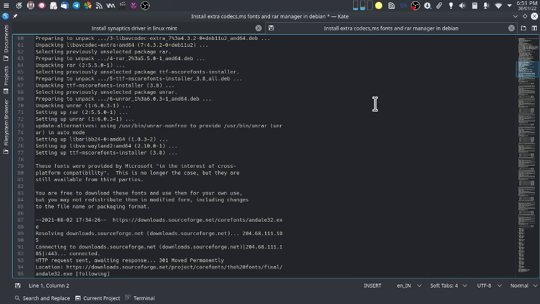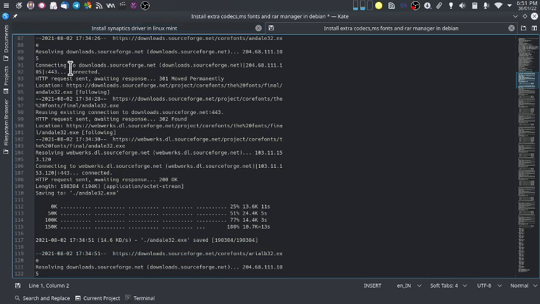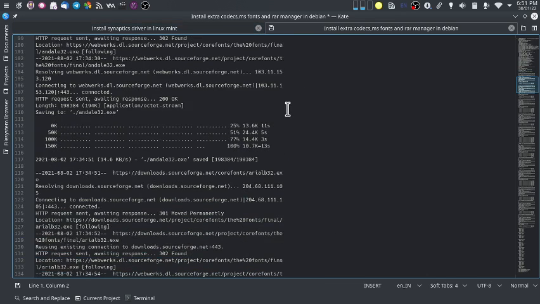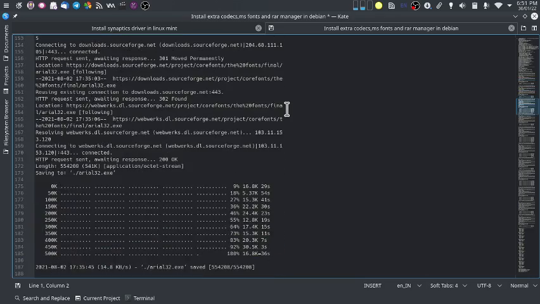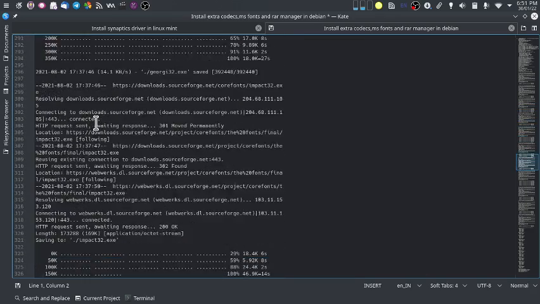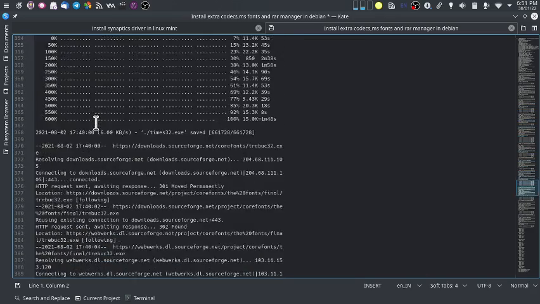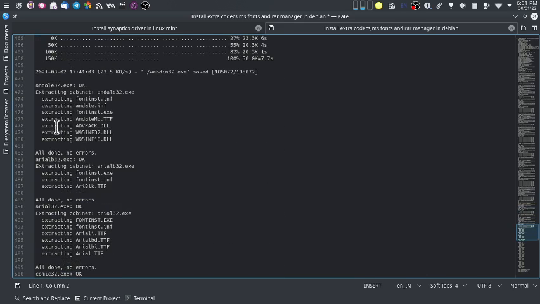To install the MS core fonts, it will go to the SourceForge website, download the installer and install the MS core fonts. It will take some time. It takes around 5 minutes to install all this. See, it is downloading. It is a long process, but after downloading,